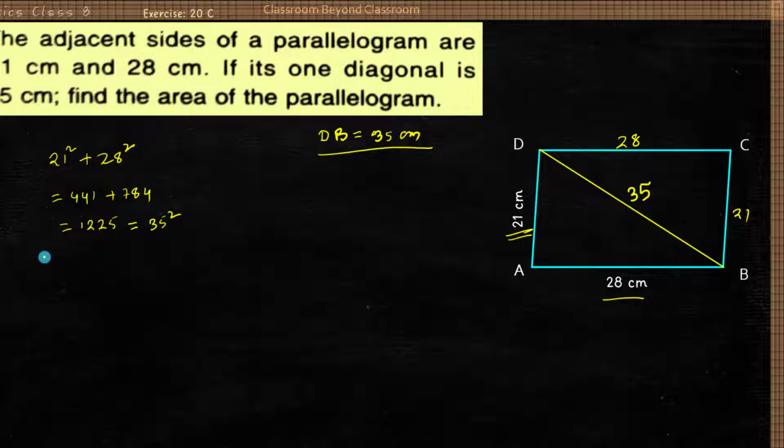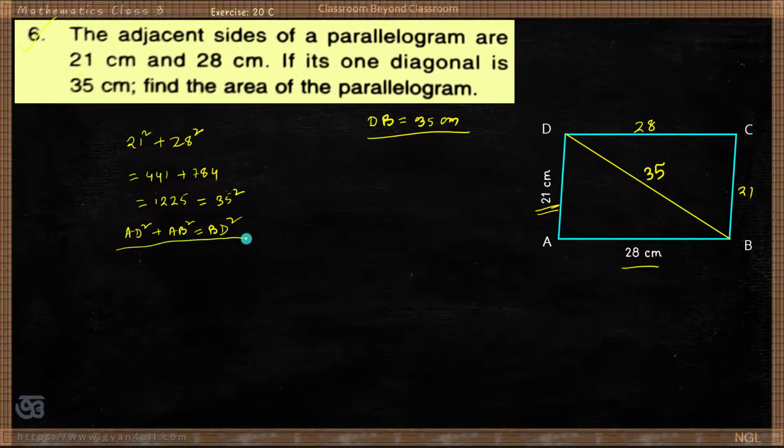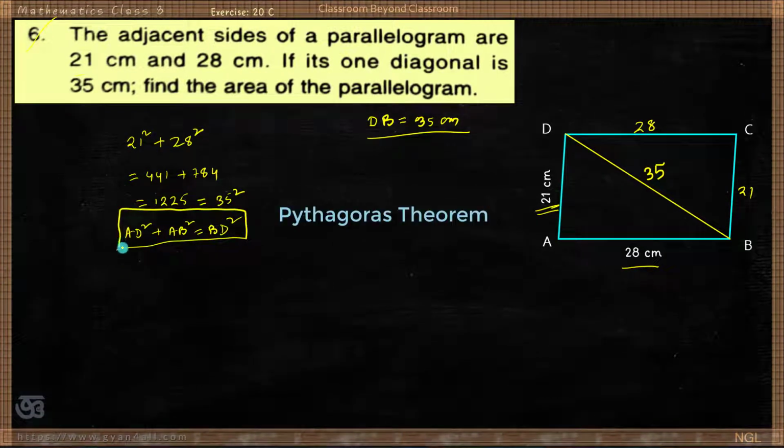So what we actually get, we get AD square plus AB square is equal to BD square, and this is Pythagoras theorem for triangle, and if this Pythagoras theorem is applicable to this triangle, then triangle ABD is a right angled triangle and